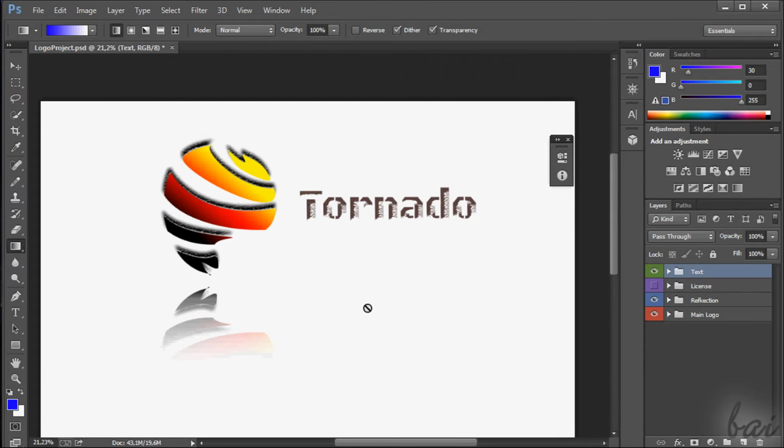Knowing this, we can start making our logo. For example, we want to make a stylized fire tornado. In this video, we'll see a rough version of this logo. To make a good one, a longer time is needed to make it at its best. Download the project in the video description to get a sample of this logo better designed.